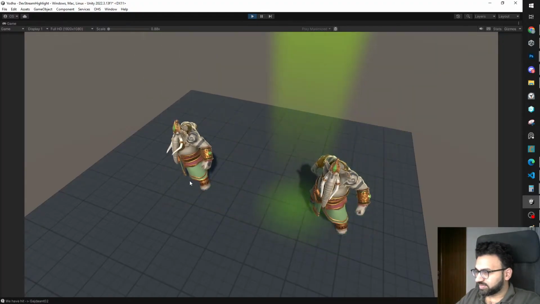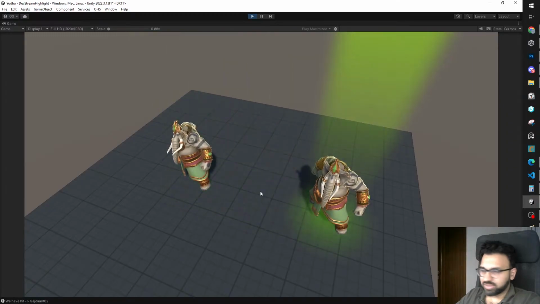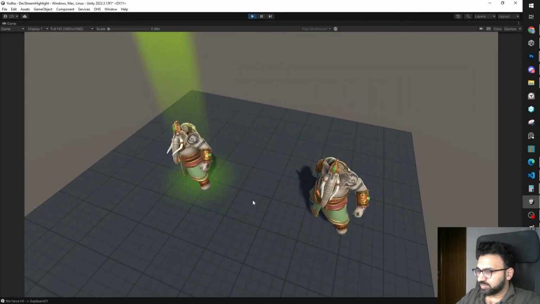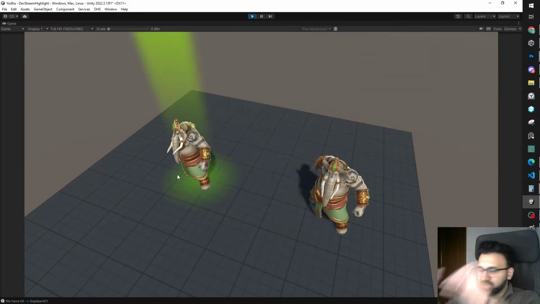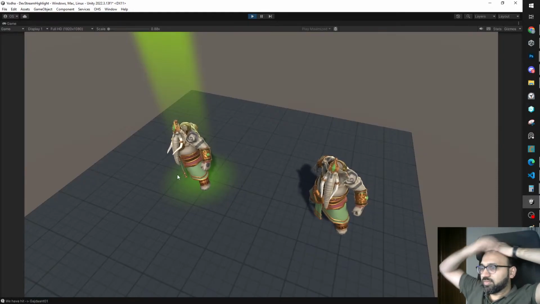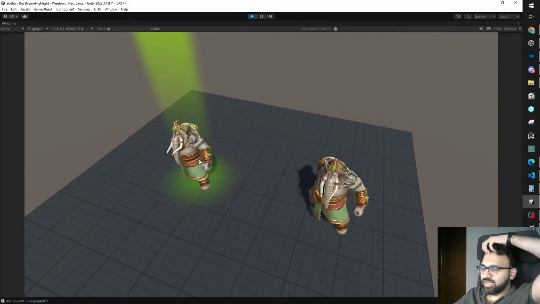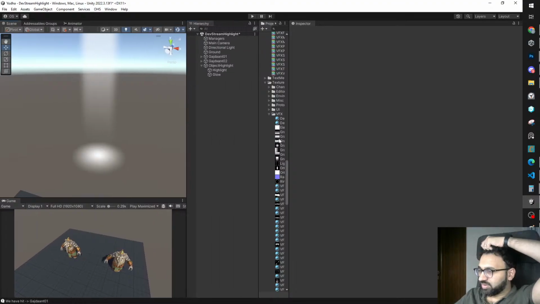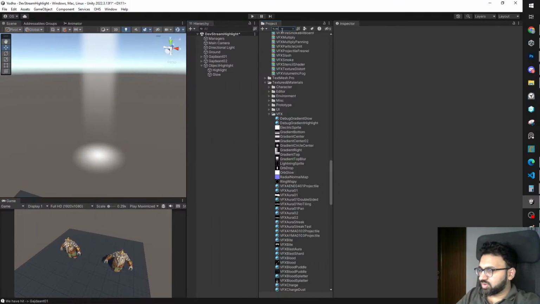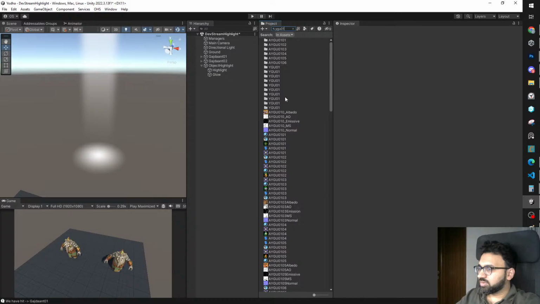So we now have two different colors, and now there's only one thing that is pending, which is basically changing the Fresnel value of the character itself, so that it looks like the character is flashing, or we are hovering on the character. And the way we can do that, I believe, is the shader already has a Fresnel value. So we have Fresnel. So if you see YG01,